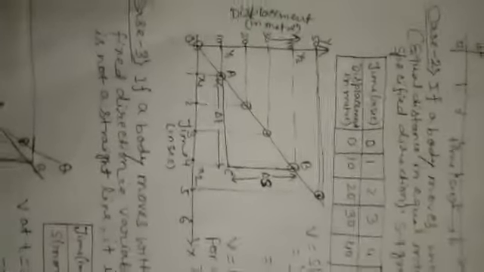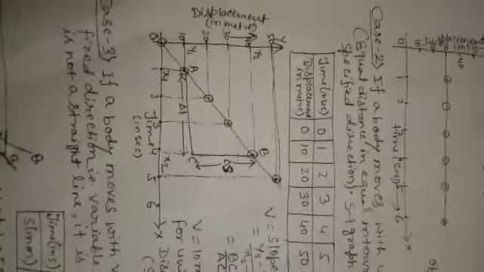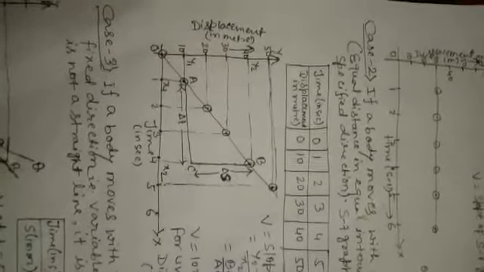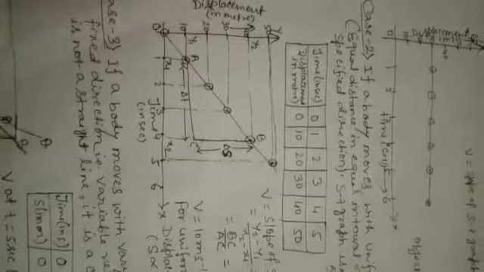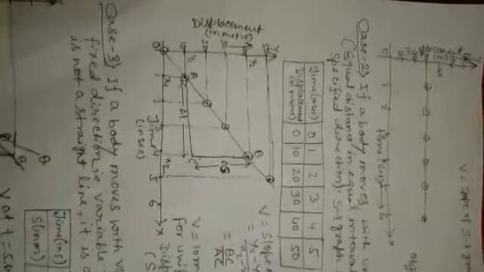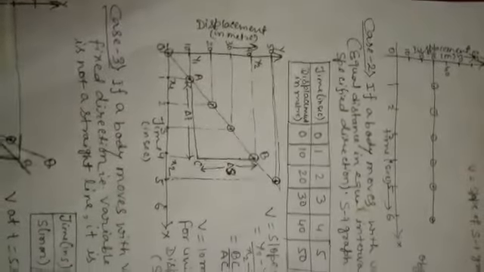So to plot the displacement time graph for an object moving with uniform velocity, we will simply place displacement on the y-axis and time on the x-axis. We marked 10, 20, 30, 40, 50 along the vertical y-axis, and 1, 2, 3, 4, 5, 6 along the horizontal x-axis. Whatever points we have taken in the table, those points we mark, and we get a straight line which is inclined to the x-axis. We place the points into the graph like that.